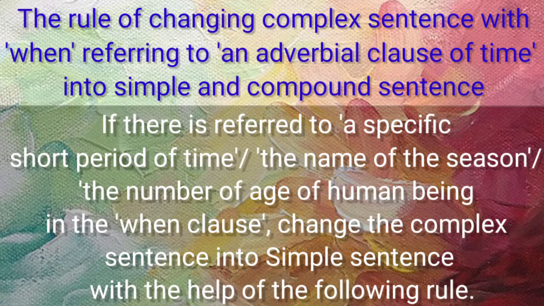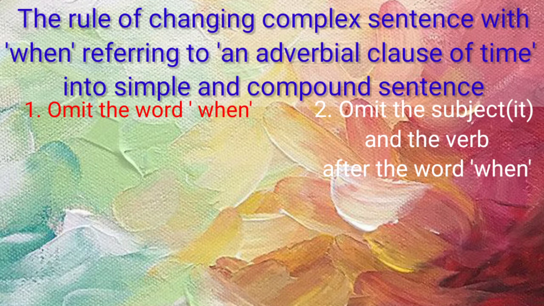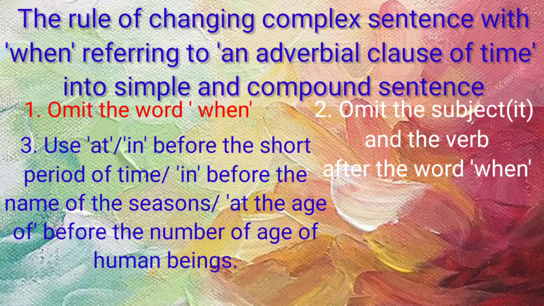If there is referred to a specific short period of time, the name of the season, the number of age of human being in the when clause, you can change the complex sentence into simple sentence with the help of the following rule. Omit the word when, omit the subject it and the verb after the word when, then